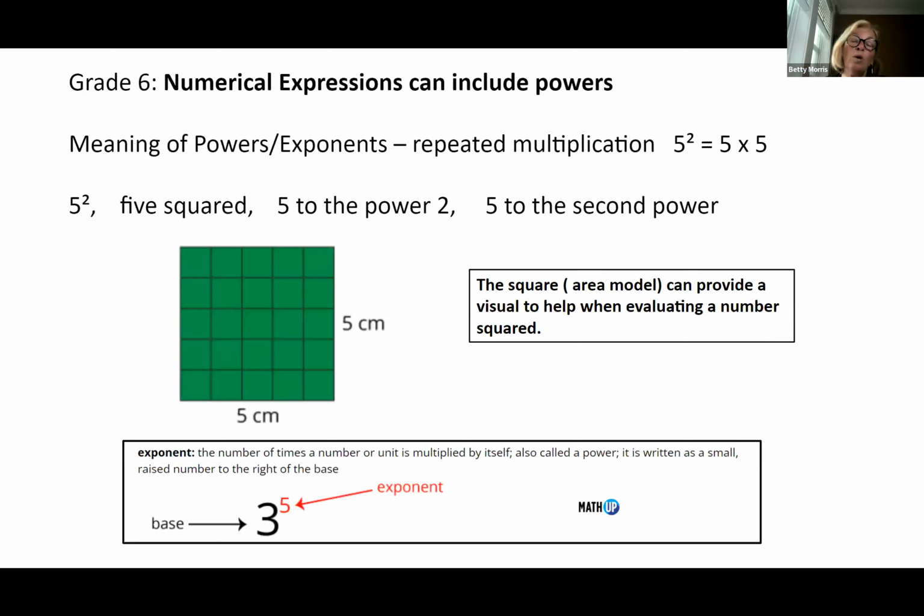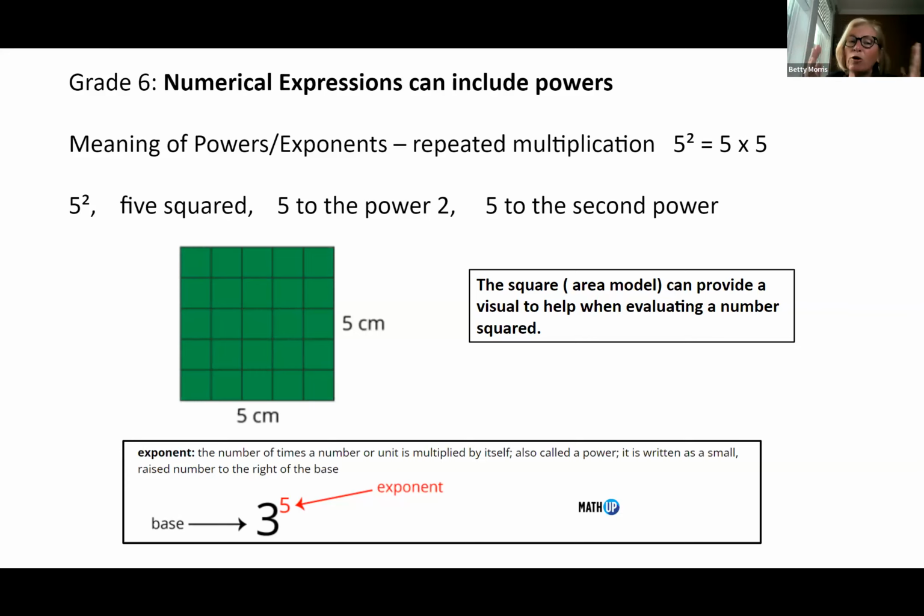Okay. And now when we look at powers, there are a few different ways you can say it. So the meaning of powers or exponents is repeated multiplication. So 5 squared is 5 times 5, and showing that area model really helps. And if you're going to do cubes, I probably myself wouldn't go any further until they see that pattern. Sometimes there are visuals where they actually show the cube, where you see the 3 dimensions, because you're multiplying the 3 numbers. And if you do that often enough, if you do get something that goes to the power of 4, you know that that's a pattern of repeated multiplication.